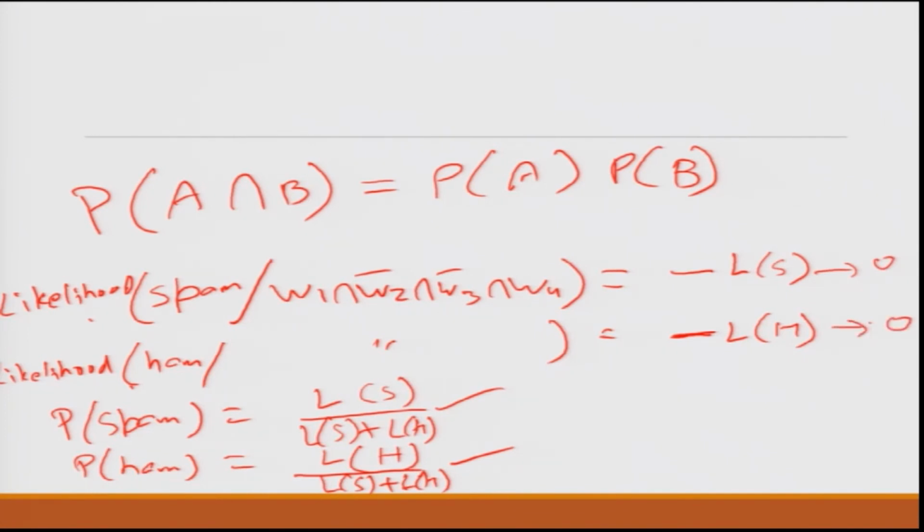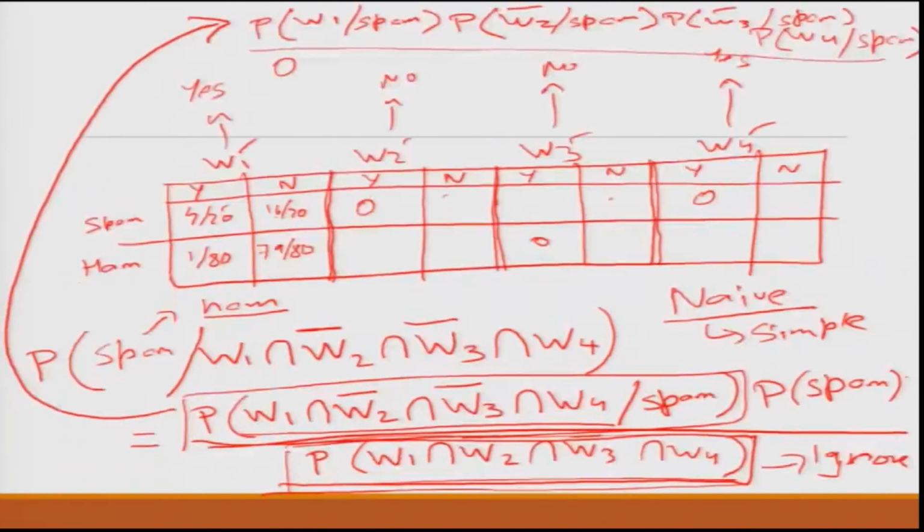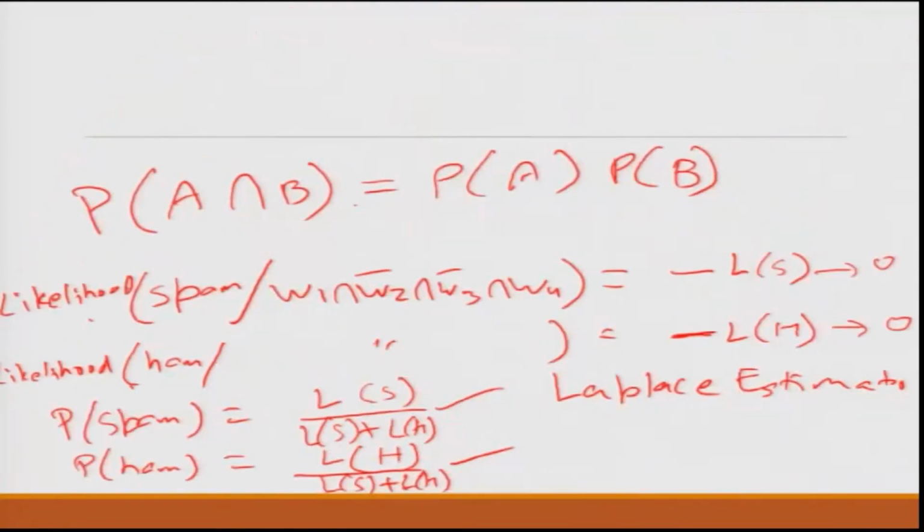So, what you do is there is something called the Laplace estimator, which is nothing but saying that I will not allow 0 to happen. You make sure that it is never 0; it is a minimum of 1 and any value, 1 divided by total values and something else. So, you make sure it is always non-zero. If it is non-zero, then the calculation becomes simple. So, this is in summary